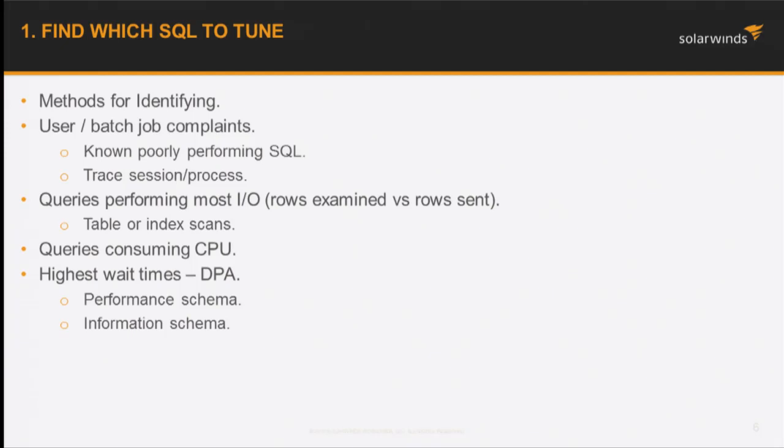So step number 1, find which SQL to tune. I've used all these methods before. The first one's really easy. If you've got a user complaining, or maybe you see a batch job running longer and longer, you go about seeing what they're running, work on the queries that they're running, and watch what they're doing. That one's pretty easy. But if you want more holistic tuning, especially if you have a lot of instances that you're monitoring,